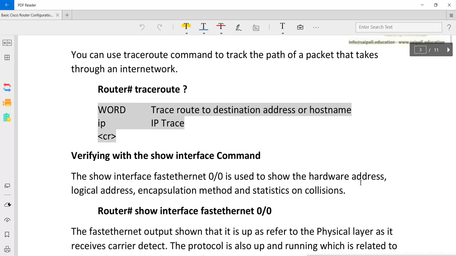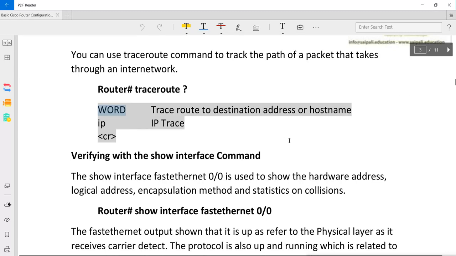So we are the source, and the destination IP or the name of the destination machine we mention. So traceroute traces how many routers come in between the source, from where we are doing the traceroute, and the destination name or IP we are giving.